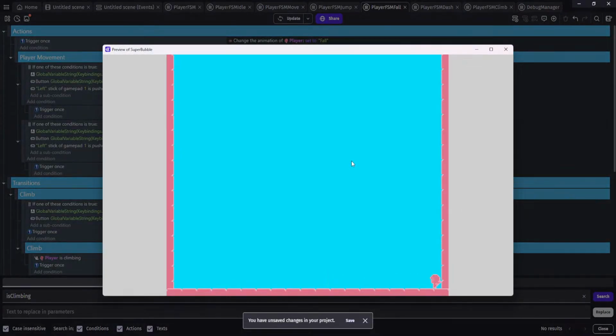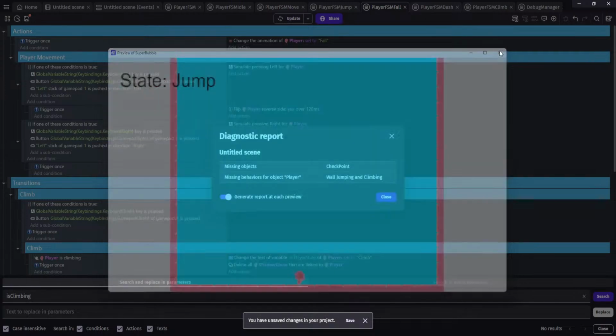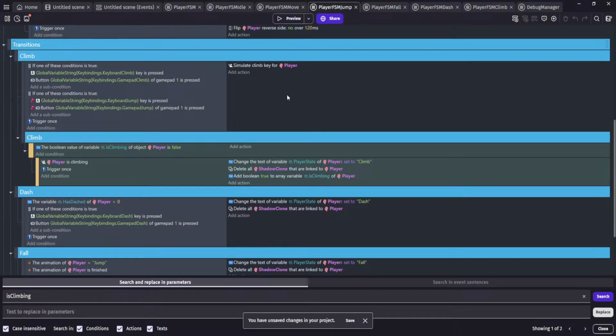Back into the fall script. Oops. Turn back on our debugger state. We're getting stuck in jump. So let's go back into our jump and let's take a gander here. So in jump,